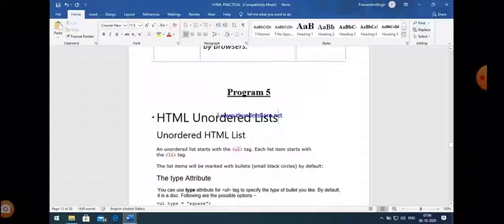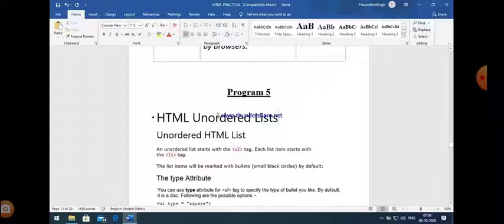One is a physical formatting tag. The second is a logical formatting tag. Now the second program is program number 5. We already did 4 programs related to that, and today our second program, number 5, is HTML unordered list. You can make program number 5 on the basis of physical as well as logical tags. It is not possible for me to make a program on each and every tag. You can use all of them in a single program, and you can see the difference between the functionality of each and every tag.